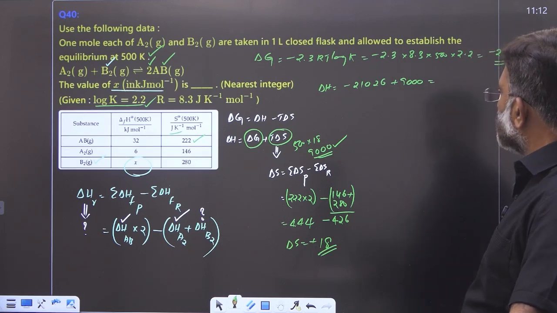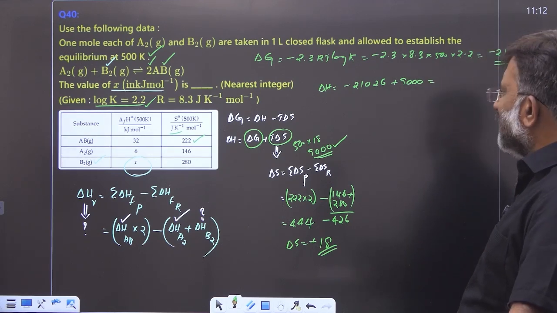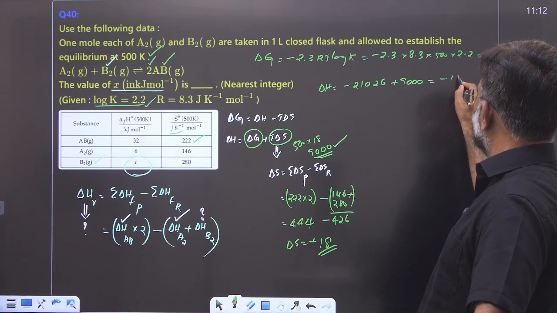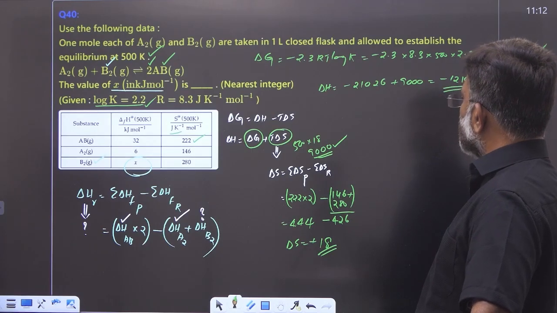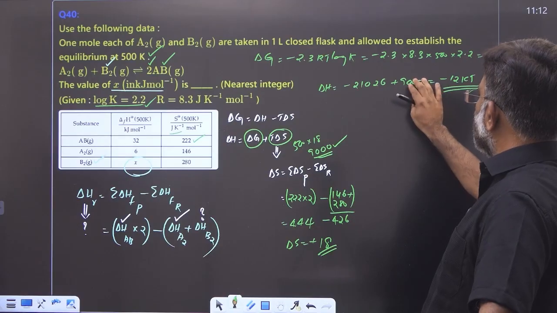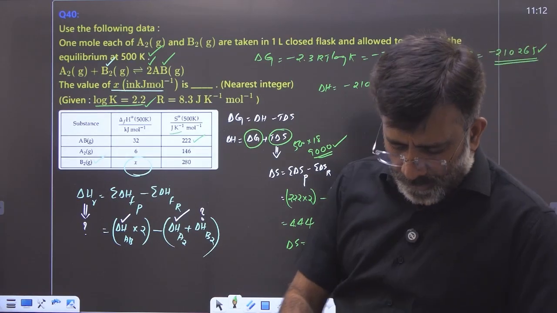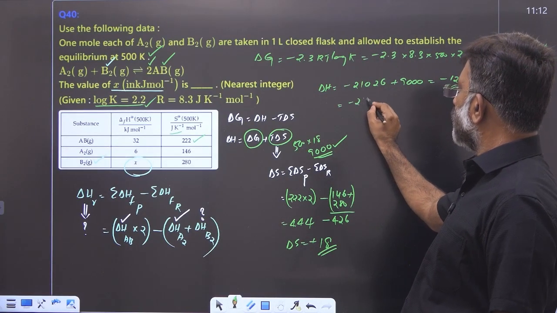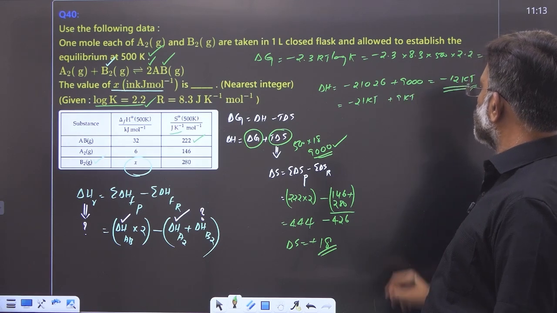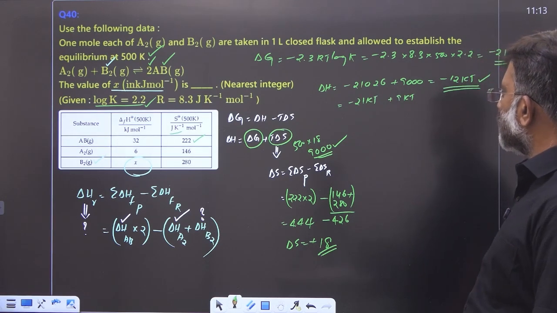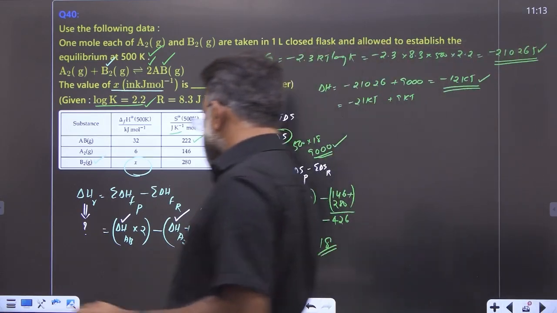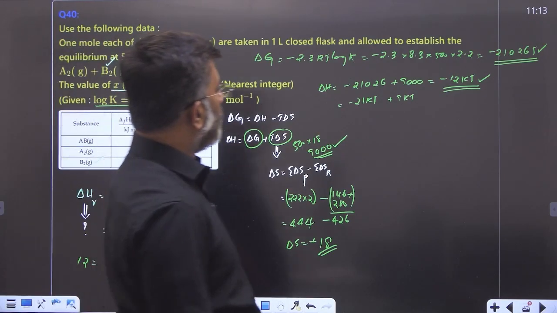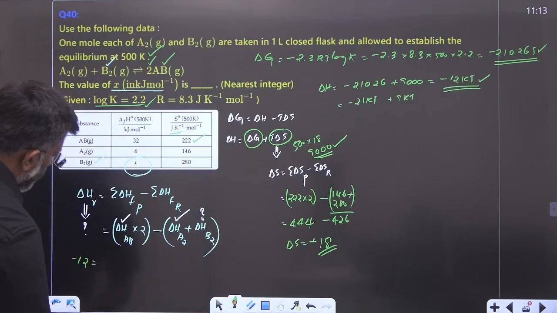That means, in kilojoules, minus 21 plus 9, nearly about 12 kilojoules you will get, because it is 21 kilojoule, this is 9 kilojoule, so it will be minus 12 kilojoule for delta H. That means this is 12 kilojoule. So it is minus 12